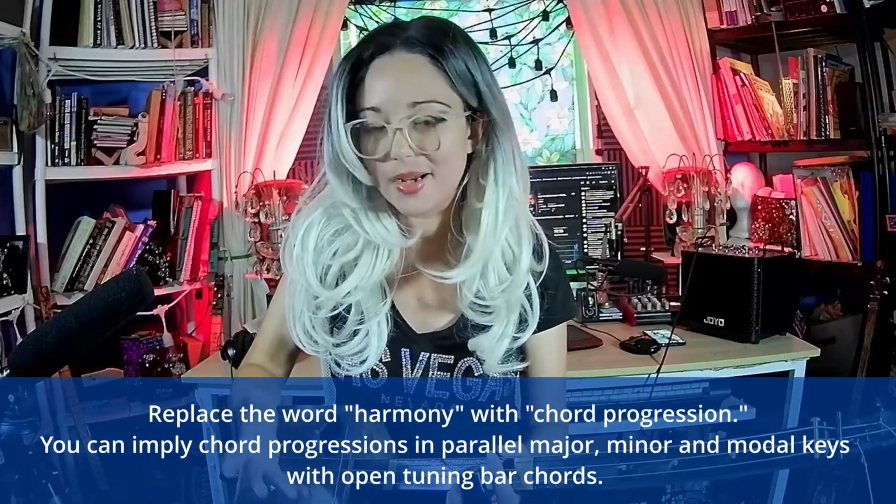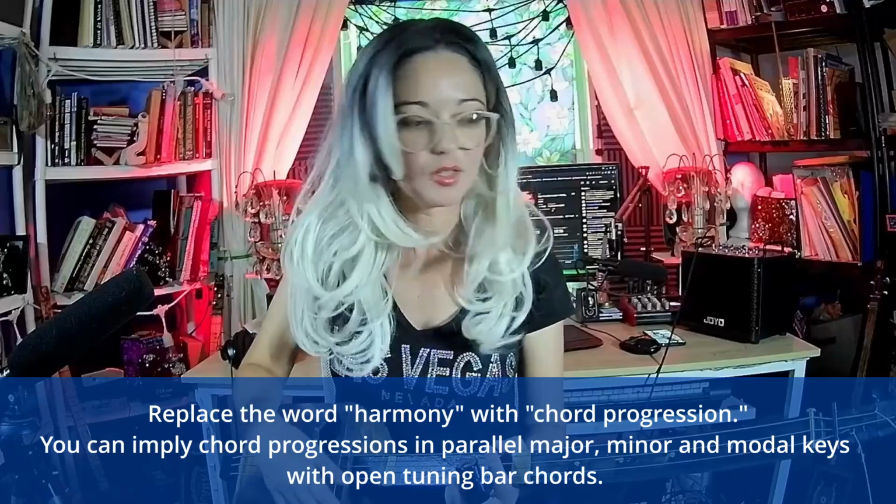And once they're comfortable getting sounds out of individual strings, then I ask them to play chords, grabbing all strings at the same time with the slide. I say chords in quotations because technically when you're playing bar chords on a 3-string cigar box guitar tuned to an open tuning, you're not really playing chords, because you're missing the third in the sonority. And so you just have the root and the fifth. And that's cool because that gives you flexibility to imply any type of harmony without much effort. But anyway,